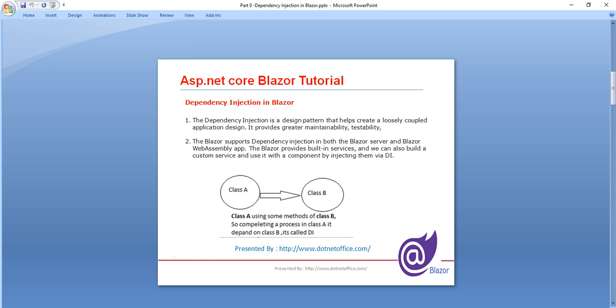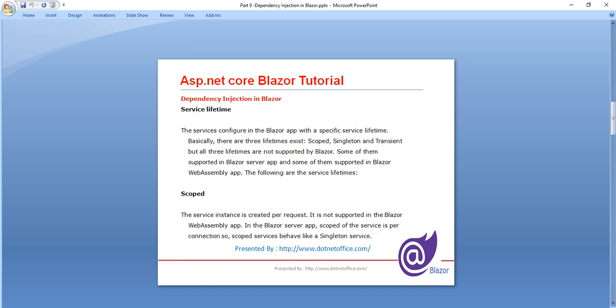What I'm trying to say is that in a Blazor application there are some built-in dependencies, and we can create our own services as well and inject them as a dependency. So this is basically dependency injection.